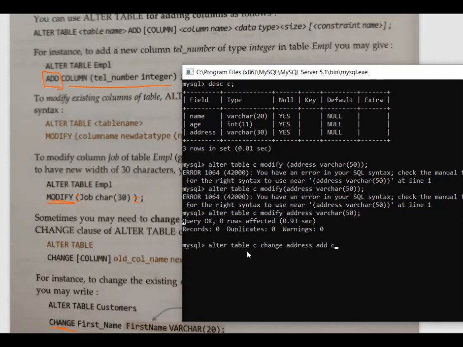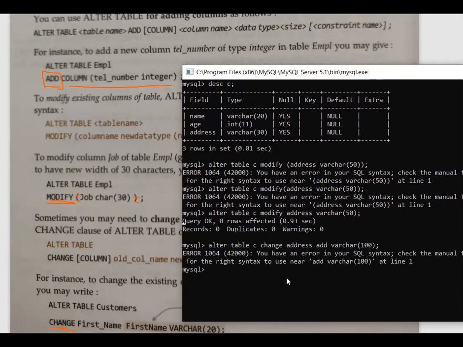Even I can change its definition. So varchar, and suppose I am giving here 100. Now I will not be using add, I'm using ADDR here.